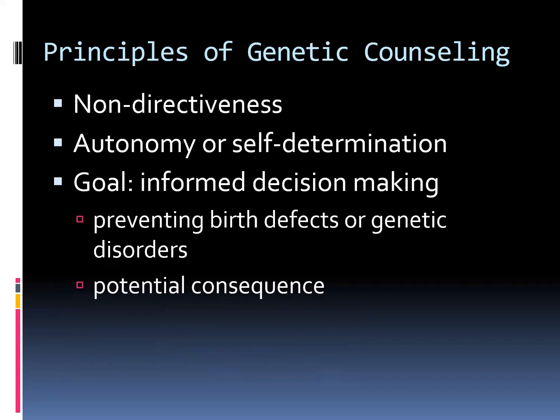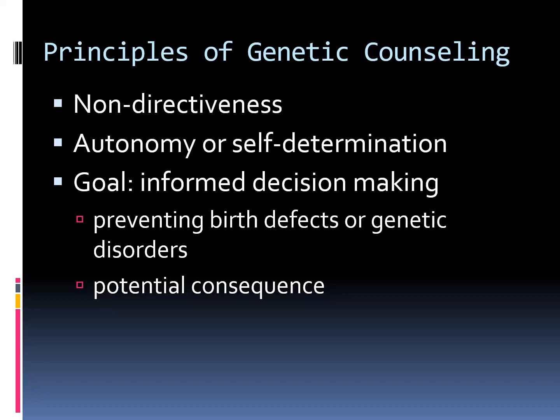The principles of genetic counseling include non-directiveness. Non-directiveness means that we don't direct those who are coming for counseling toward a certain decision to take, which is again a very important medical legal part. It's very important just to give them the information and let them take their own fully informed decision. And then autonomy or self-determination, which is again a very important part for the families to take their own decision,